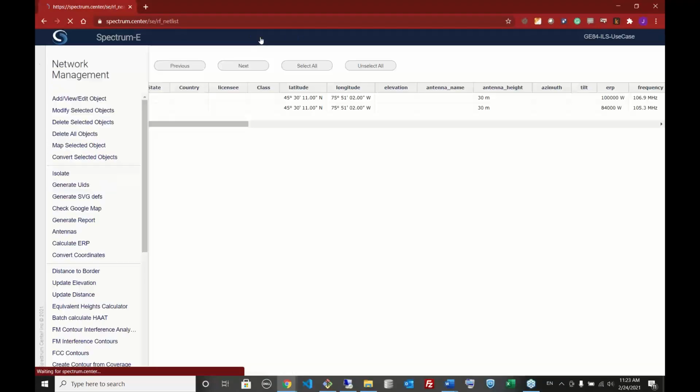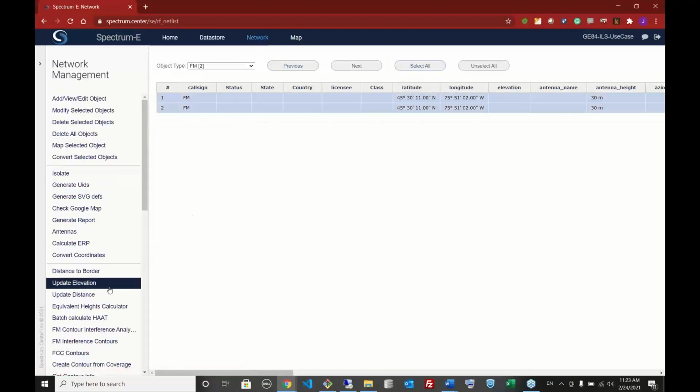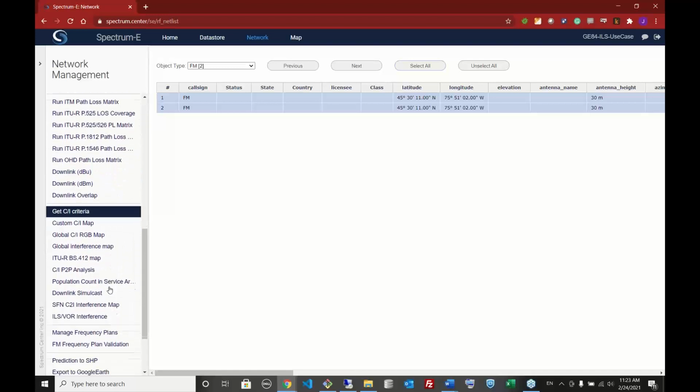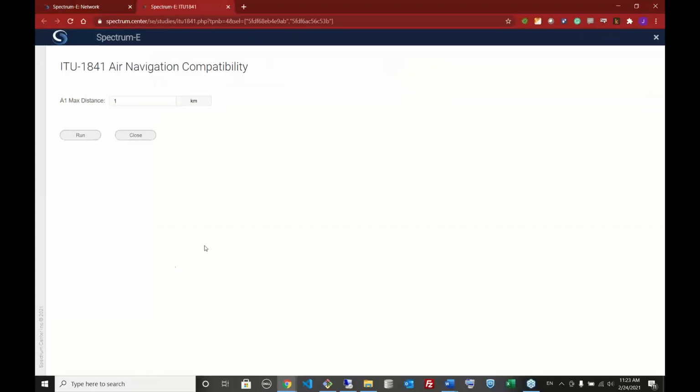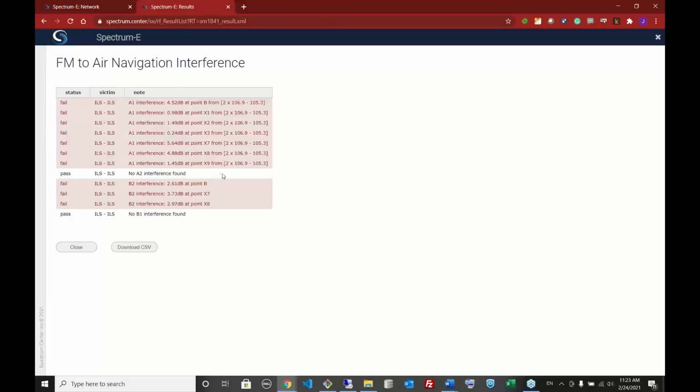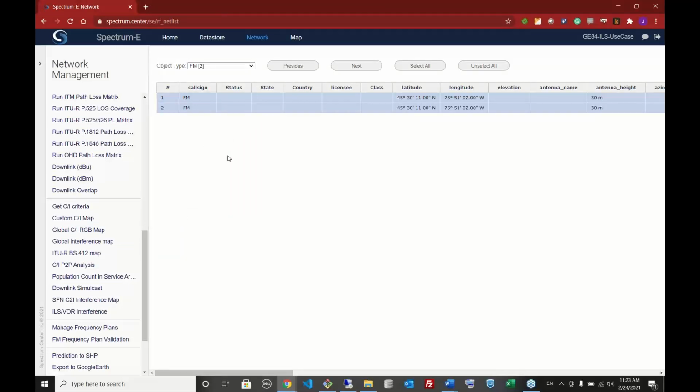So for that, we'll go ahead and go to the FM network, and we'll go down to the ILS VOR interference option and hit run on this. As you can see here, we do have a lot of those X's, X1, 2, 3, 7, 8, 9, 7 again here, that are failing. This was shown in the PowerPoint as well. We have here the amount of interference at each point, and it does match the area of potential interference from the ITU use case that we use to compare and develop these interference mechanisms